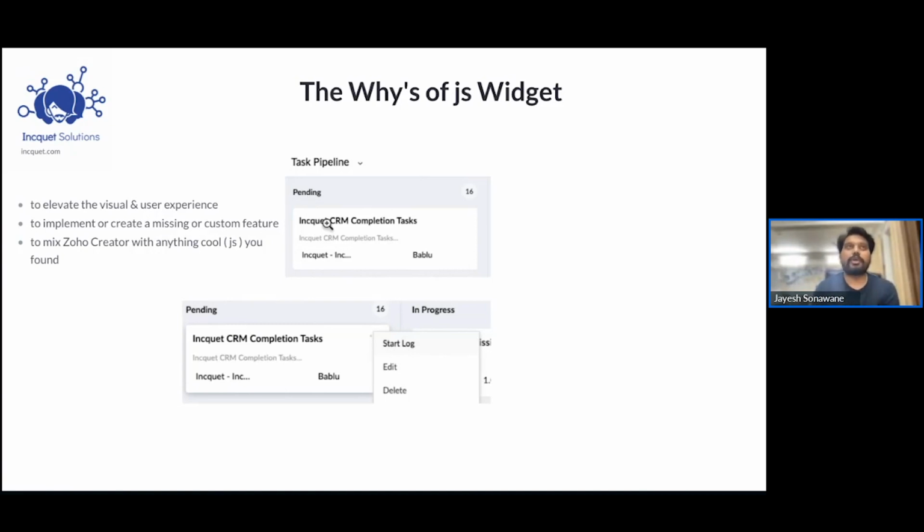Because here what we wanted is we wanted this card to be expanded. The Kanban view which Creator provides doesn't expand, so we wanted this card to expand. We wanted a quick addition of subtask. So if this is a task and there is a subtask inside that particular task, we have to edit that particular task, open the form, then add one more task and two more tasks and something like that, and then